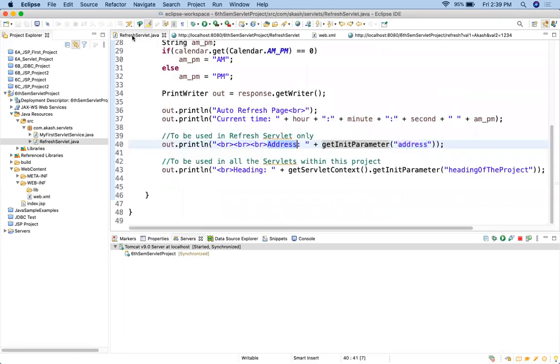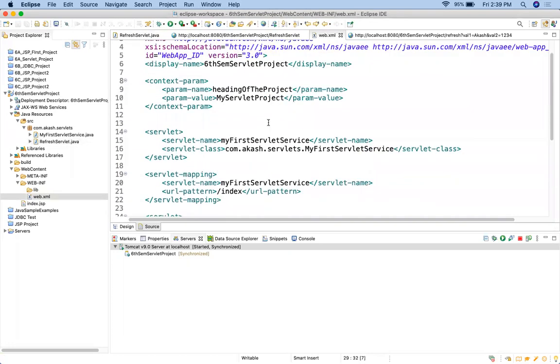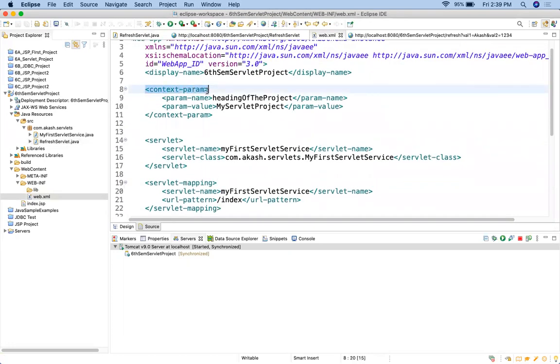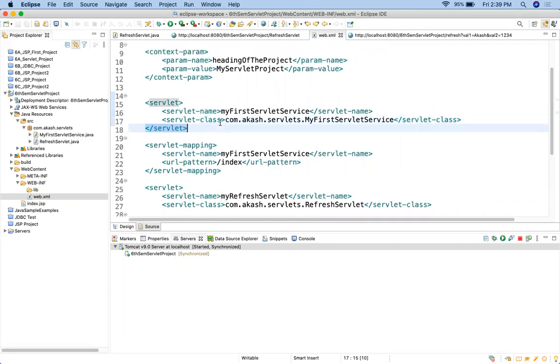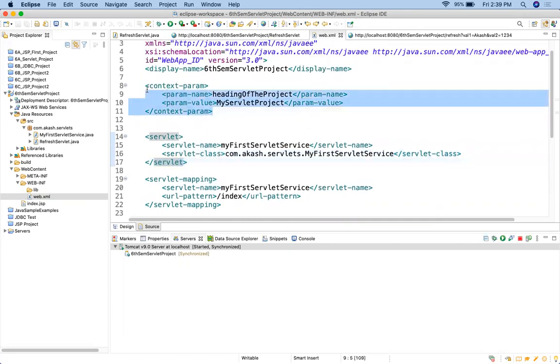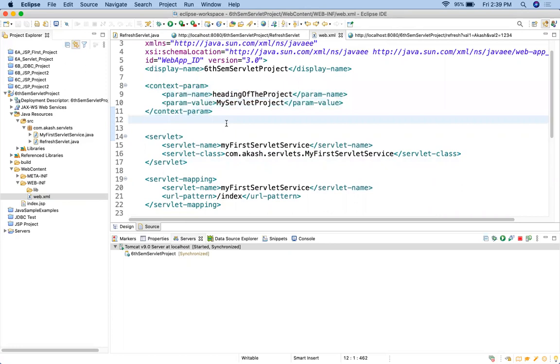Why is it printing? Because we have used the address variable of this servlet, and the value of this address we have set to Clementown, Dehradun. And what is the use of this context parameter? As you can see, it is not inside any servlet. This servlet is there and its mapping is there, and we have not added it over here. Before closing the servlet, it means it is outside the servlet